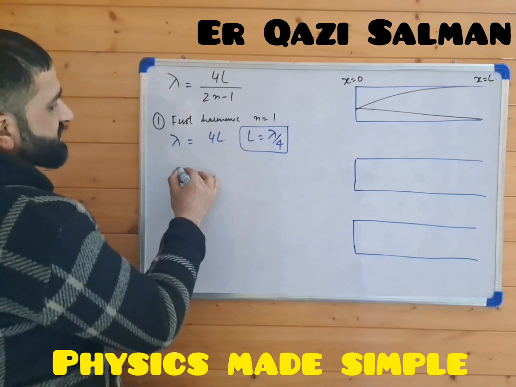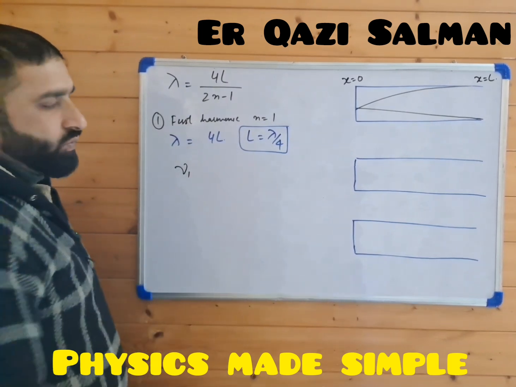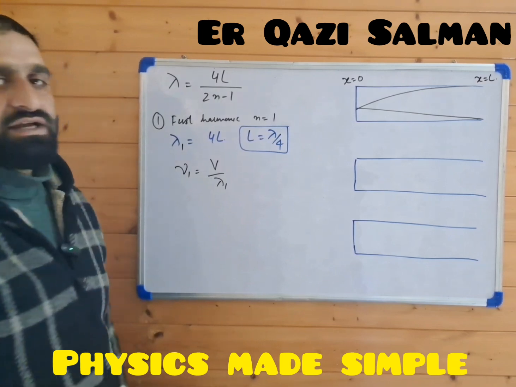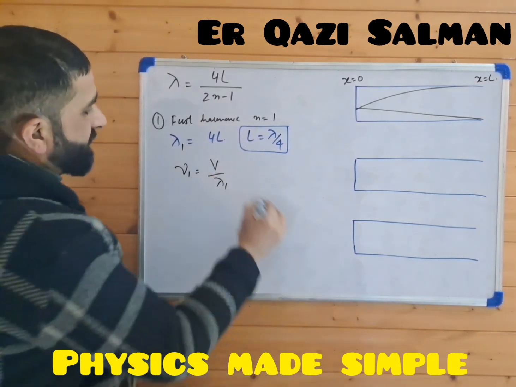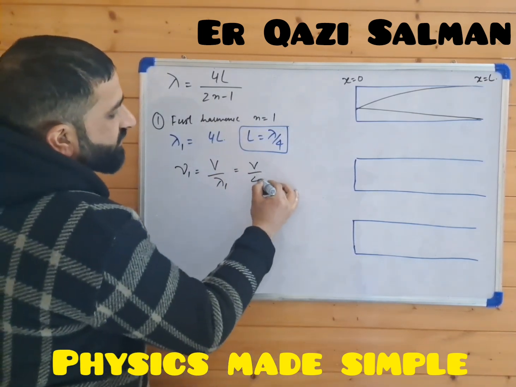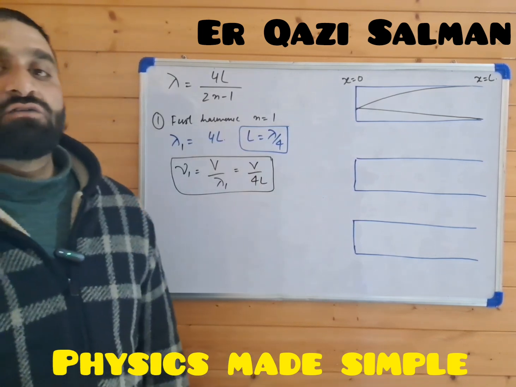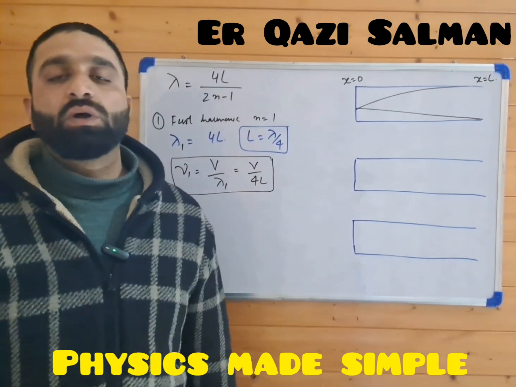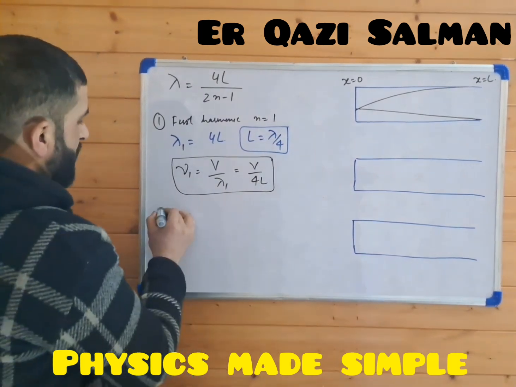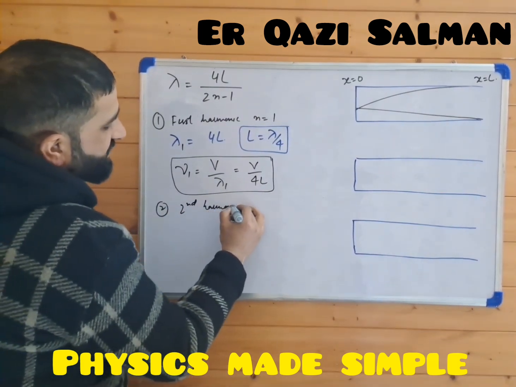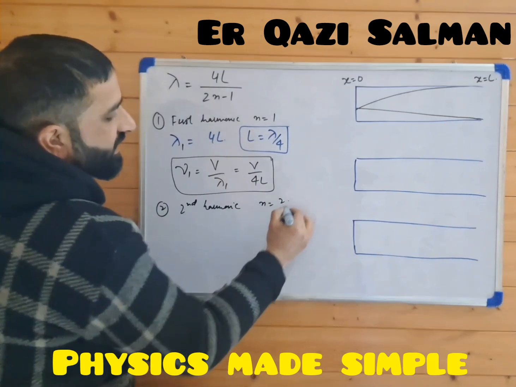Now the frequency of the fundamental mode nu1 is equal to V divided by lambda 1. Taking it as lambda 1, V divided by lambda 1 is equal to V divided by 4L. So V divided by 4L is the frequency of the fundamental mode or the first harmonic. For second harmonic,